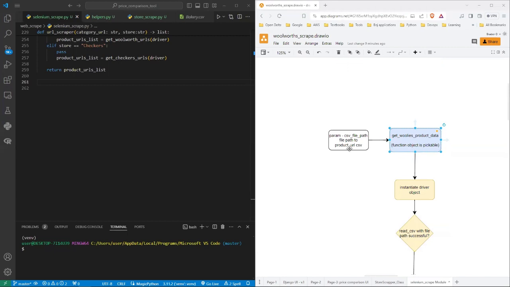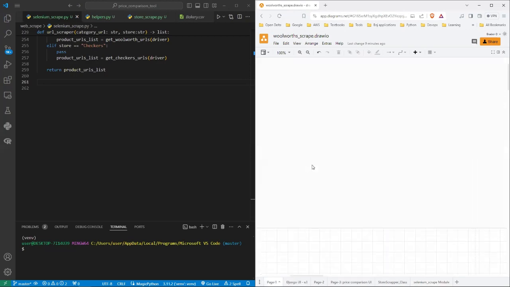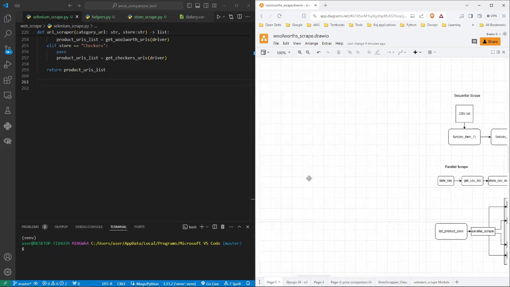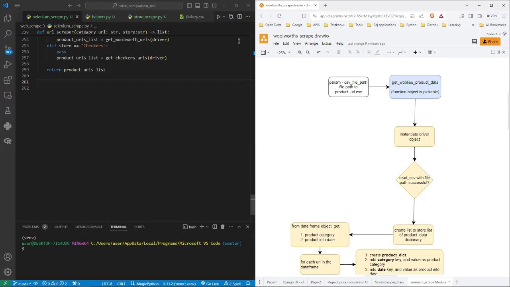What I mean here by this function is that I think on the first page I showed you we will be doing this parallel scrape. So we're going to import a function that these jobs will all be running, right? By the end of this video, we should have gotten to that. Anyway, let us continue. So first things first, what we want to do is define